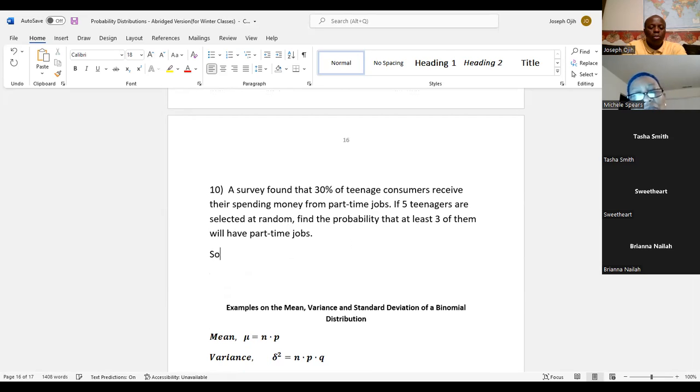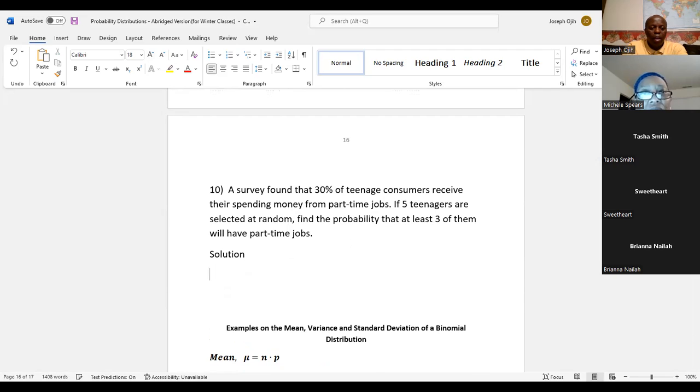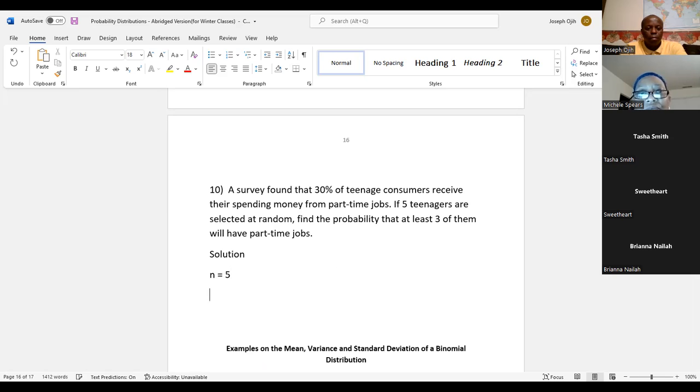Now, solution. How many teenagers are selected? 5, right? n equals 5. Then p, the probability, is 30%,